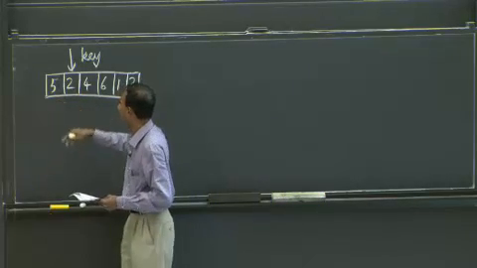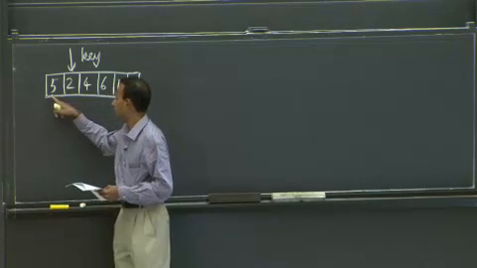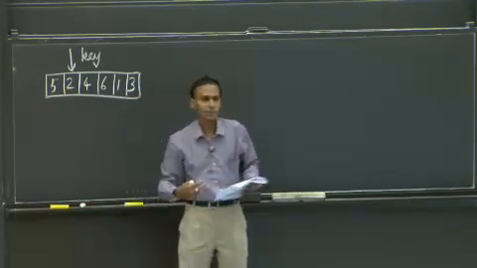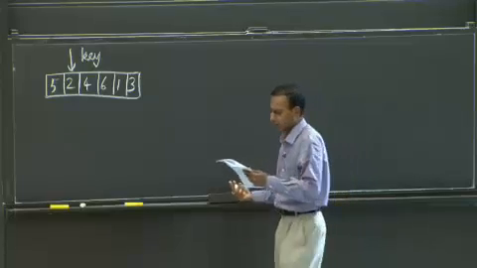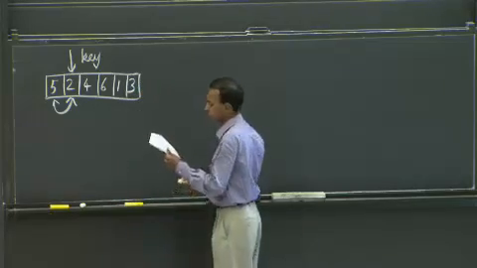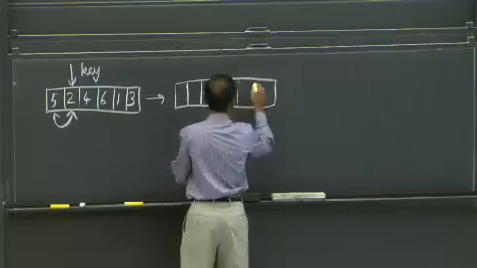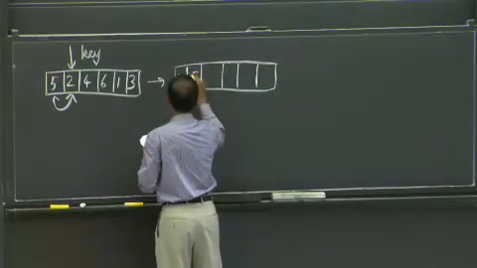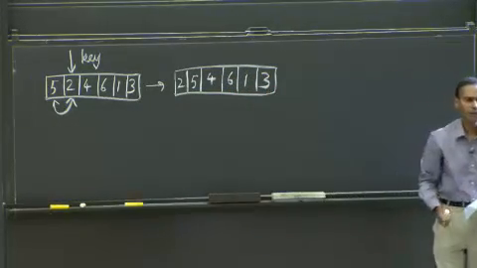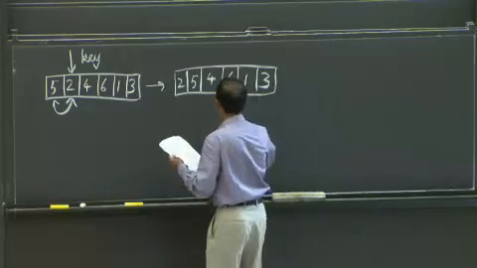And so what you do is you look at this, and you have this is A of i, that's your key. And you have A of 0, which is 5. Since we want to sort in increasing order, this is not sorted. And so we do a swap. So what this would do in this step is to do a swap, and we would obtain 2, 5, 4, 6, 1, 3. So all that's happened in the very first step, where the key is in the second position, is one swap happened.